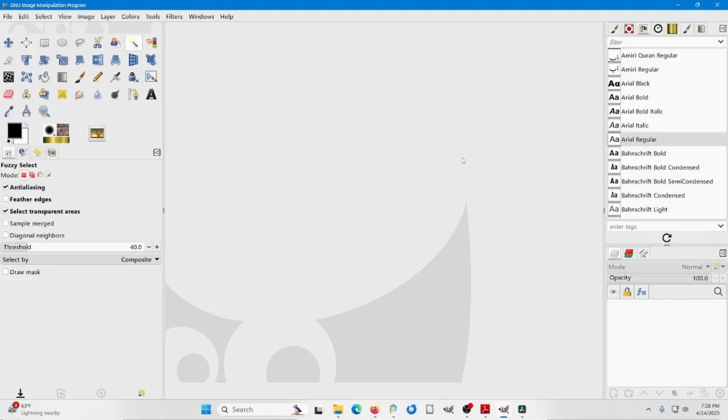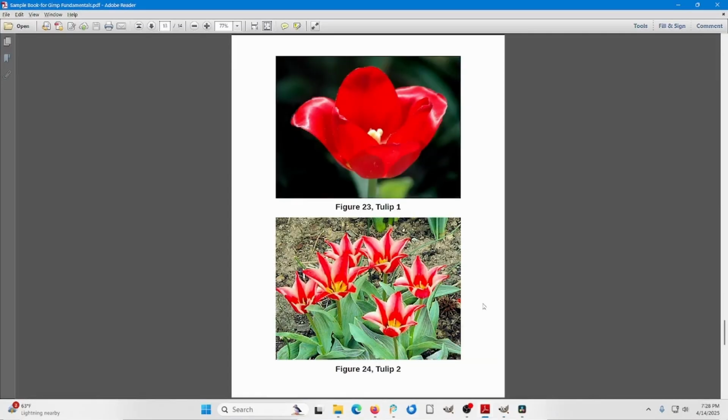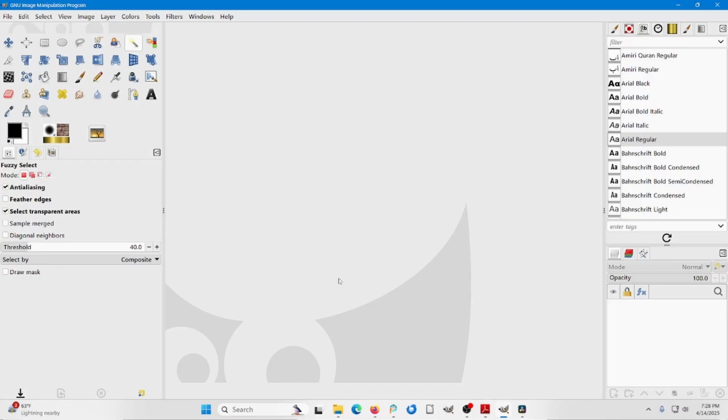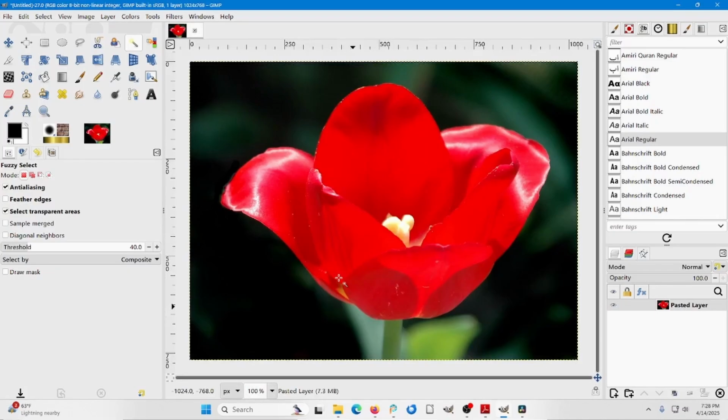The next tool we're going to explore is the Bucket Fill tool, but we need an image to work with. So let's go back to the sample image book, and let's choose this big tulip image. Right click, copy, back to GIMP, Control Shift V, and now we have the image. But now we're going to select a part of this image to fill. So we're going to choose the Fuzzy Select tool,